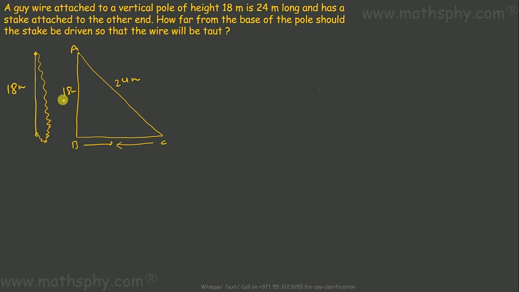This is a vertical pole, so this will be 90 degrees. So I'll write AC square will be, AC will be hypotenuse opposite to the 90 degrees angle. AC square will be equal to AB square plus BC square. AC is 24 meters, so 24 square, AB is 18, 18 square plus BC square. So this will give you 576, and this will give you